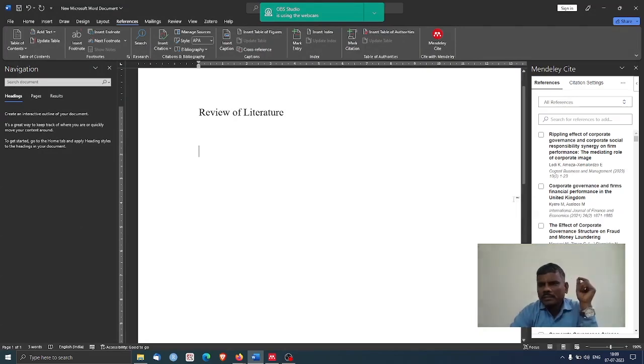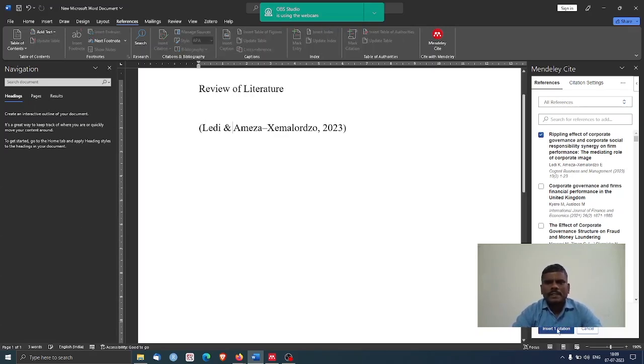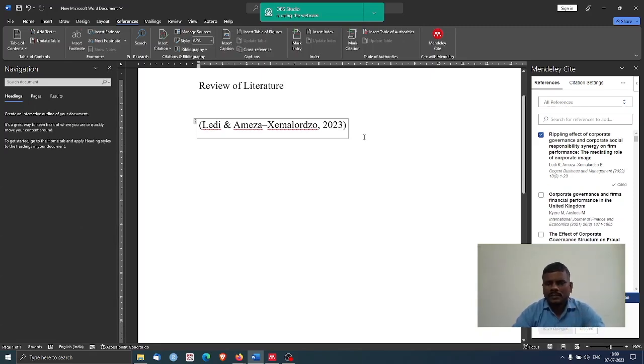Whatever articles we have are reflected here. We are reading this article, Rippling Effect of Corporate Governance. We will select that article by clicking this box. Once we click, the insert citation option gets enabled. We will click that. Okay, so we have the author name. We have not copy pasted the author names. We have used Mendeley and inserted the author names. So Lady and Amiza